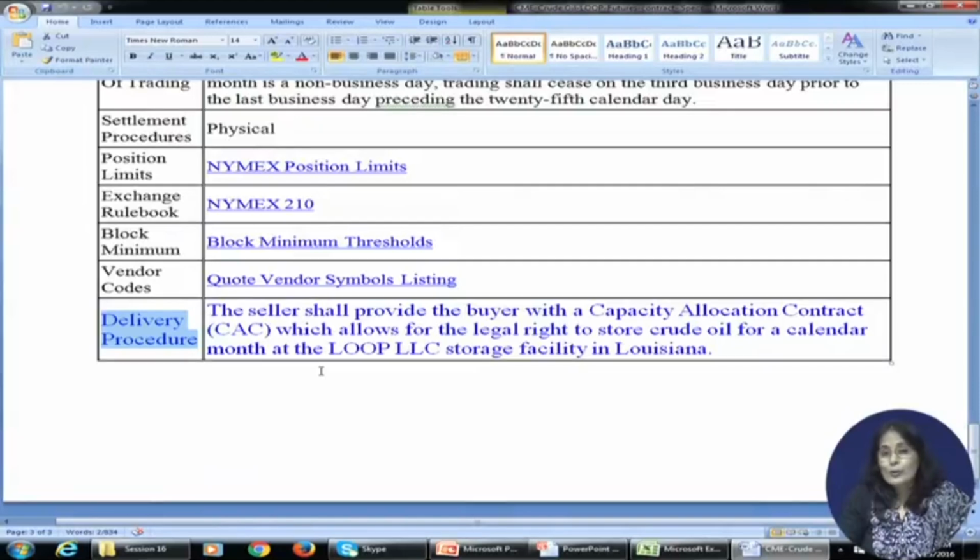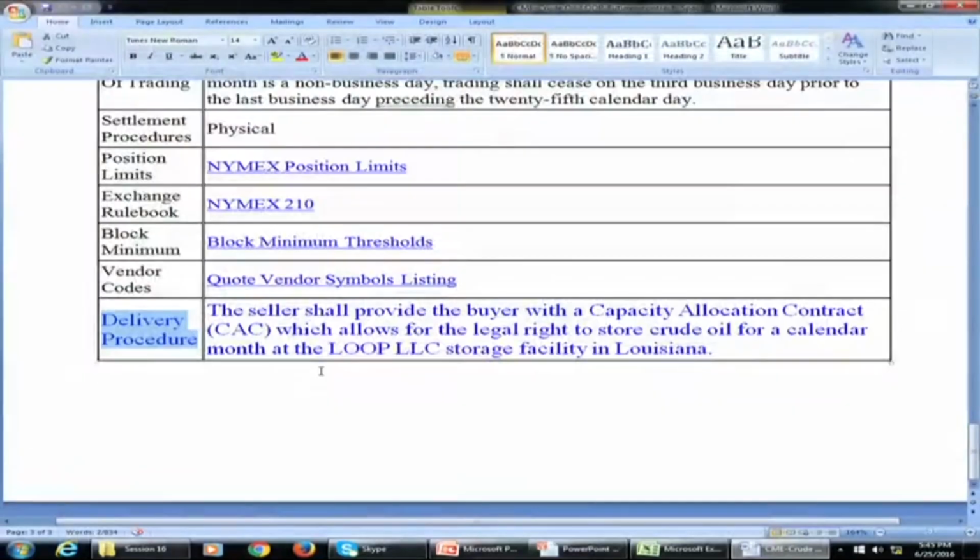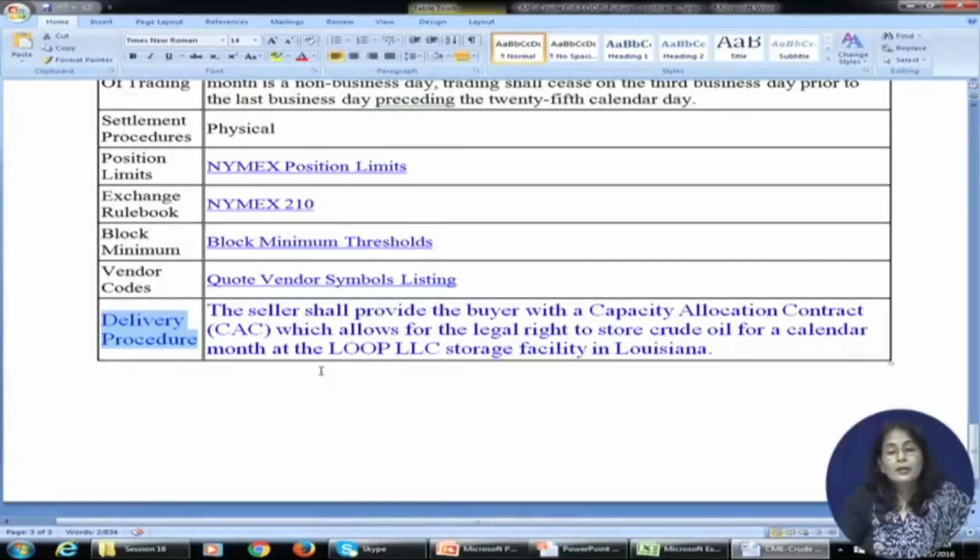So now you have a contract which is available for mitigating crude oil price risk. You have a contract which is available for mitigating your storage rental risk. As well as, if you have read in your financial derivatives, there are derivative contracts with respect to interest rate futures. So if you are anticipating that interest rate is going to go up, which specifically in the context of USA,